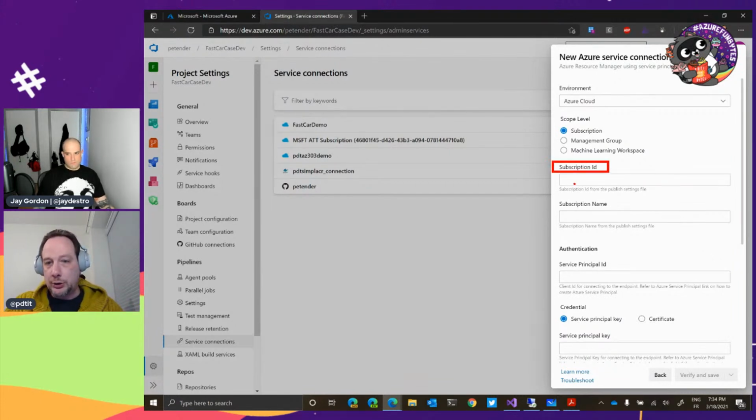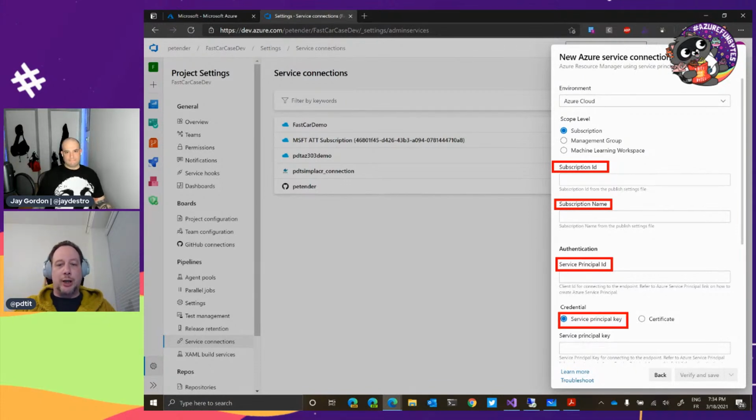Now, there's a little challenge there, because subscription ID is quite straightforward, but the service principal ID in the output of that az ad sp command is called client ID, and client secret or client password or something. So it's sometimes a little bit challenging to map the terminology, but it shouldn't be that hard. You get 4 GUIDs as an output, and you just copy them over. And from here, it means that this project can communicate with the Azure backend